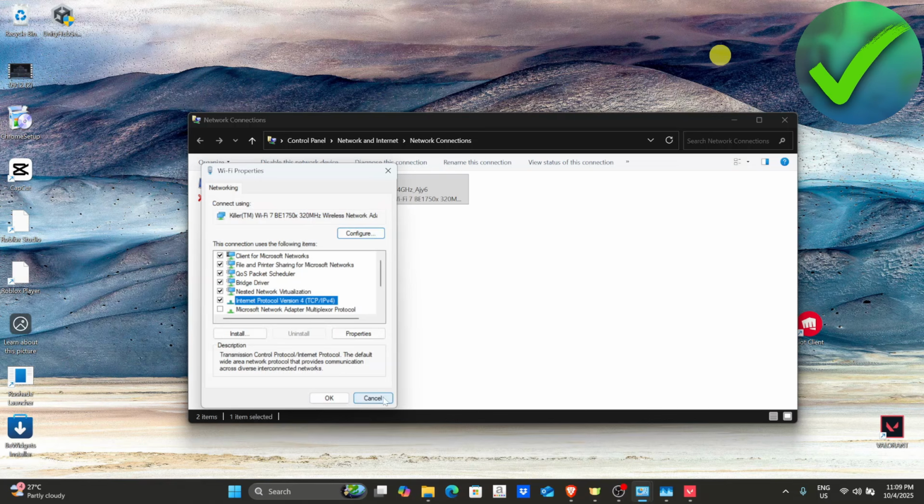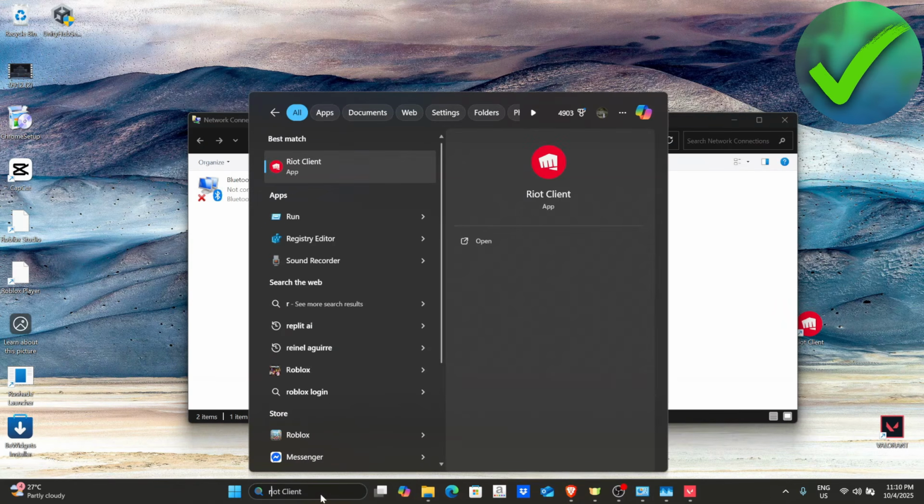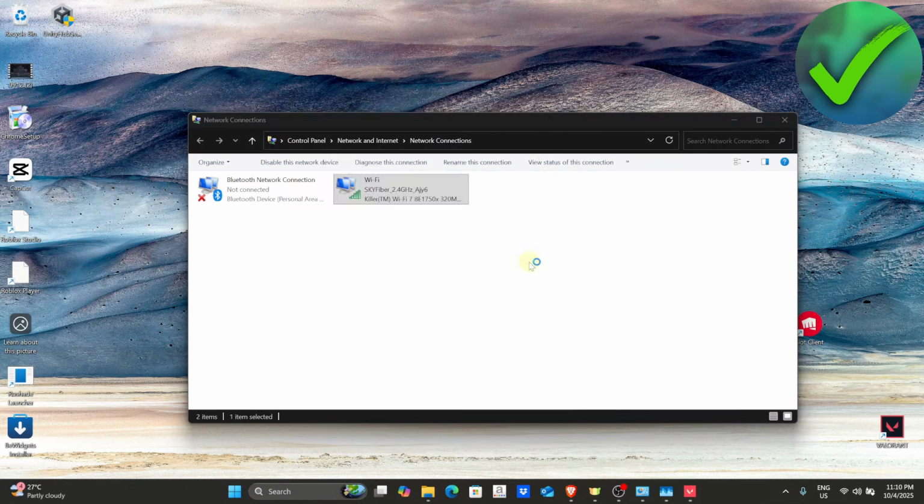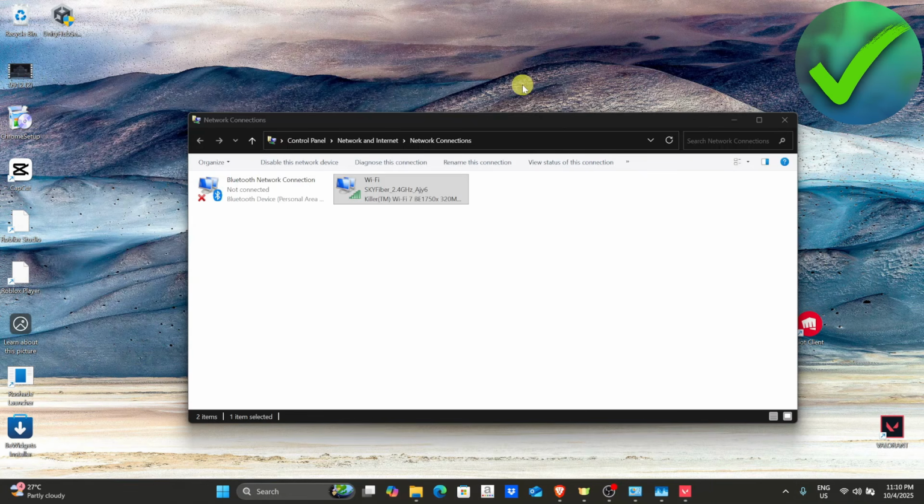However, if it is still not working, then the next thing that we need to do right here is to go here on the search bar and search for CMD, and then make sure to run it as administrator. Once you do that, all you have to do is to type ipconfig /flushdns and then click enter. After that, as you can see, we now have successfully flushed our DNS. So what we're going to do is to just restart our PC or laptop,